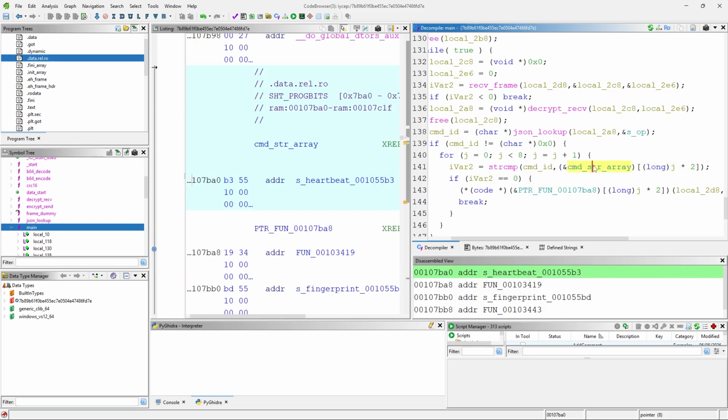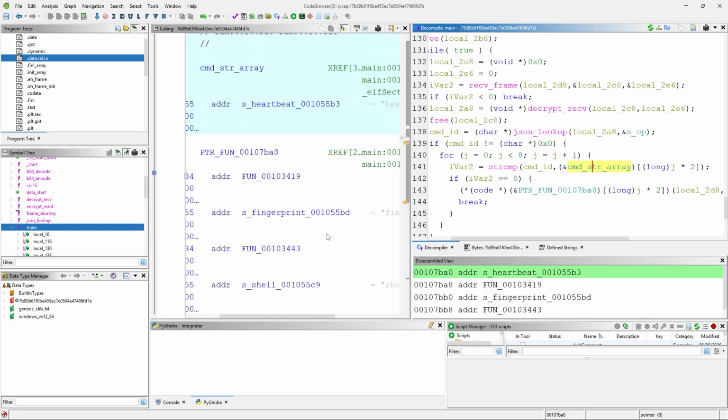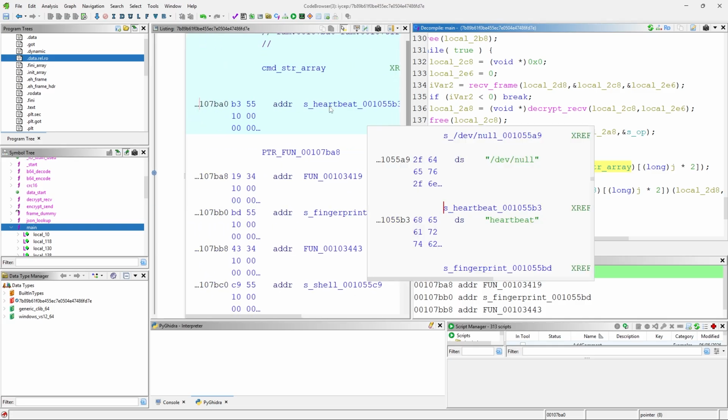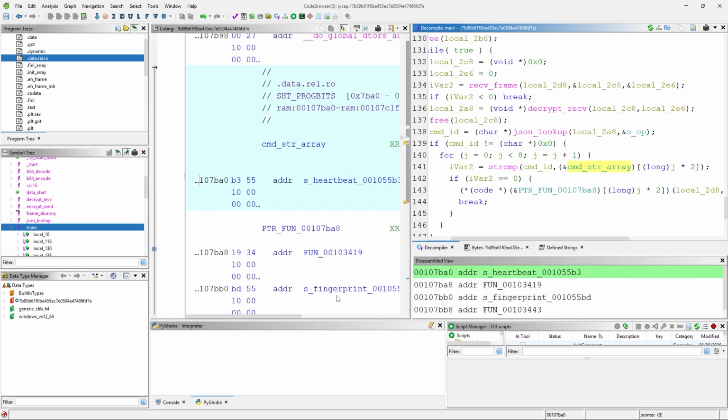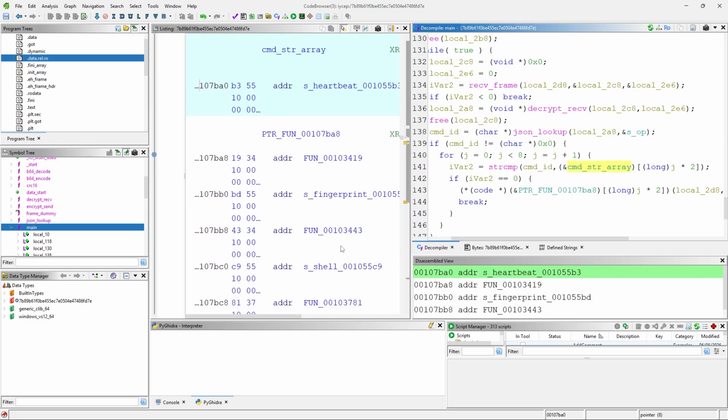So that means it's skipping every odd entry, correct? If I double click on this global, I want you to notice. I know this is very hard to visualize because this is not how you're usually used to looking at arrays, but imagine these entries here are entries in an array. Then entry number 0 is? What's entry 0 in this array? S heartbeat, right? Entry number 1 is